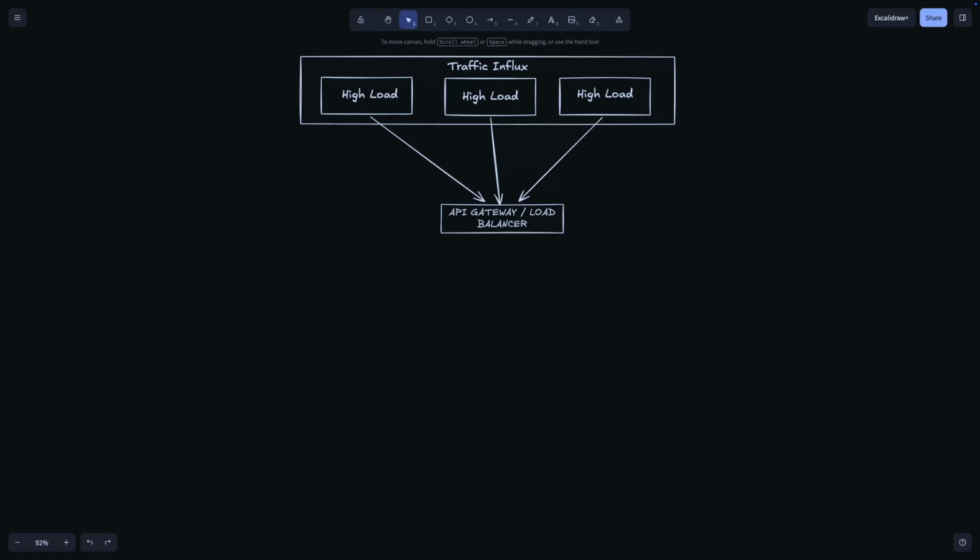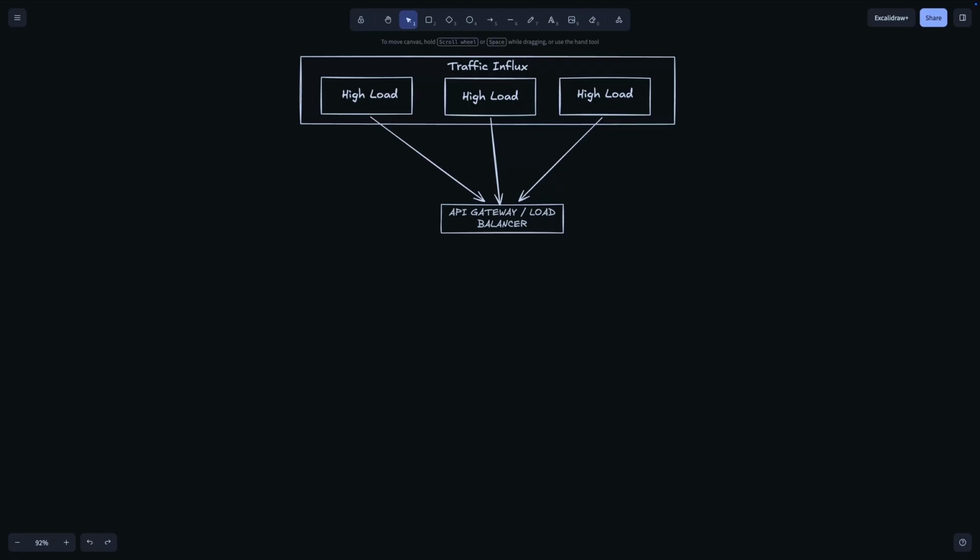The secret isn't just buying more expensive cloud compute. It's understanding how to decouple your data state using core computer science fundamentals. When Uber outgrew its early infrastructure, they realized that synchronous dependencies were actively killing their availability. Today, we are breaking down the exact event-driven strategy to scale your architecture smoothly.